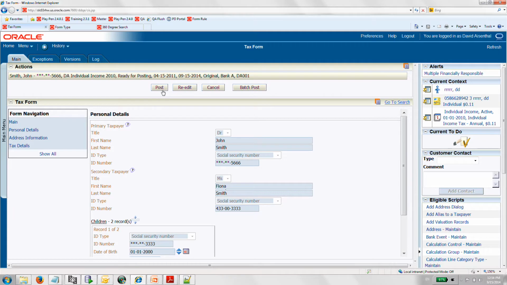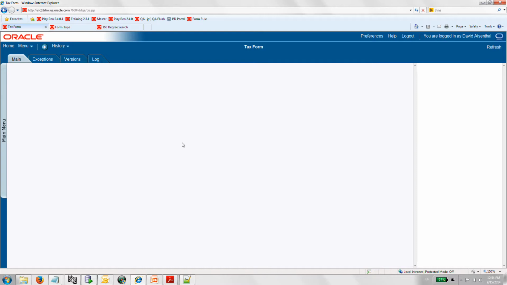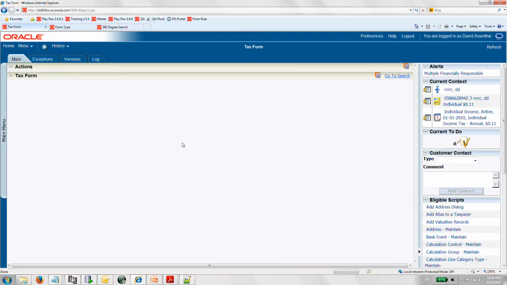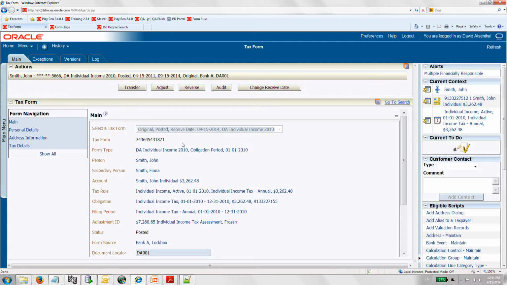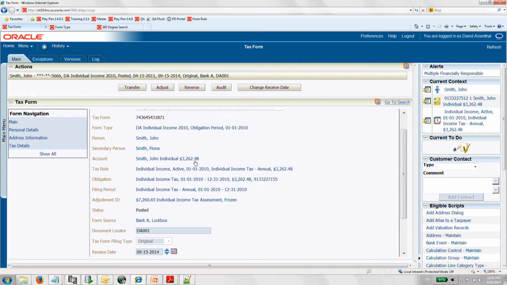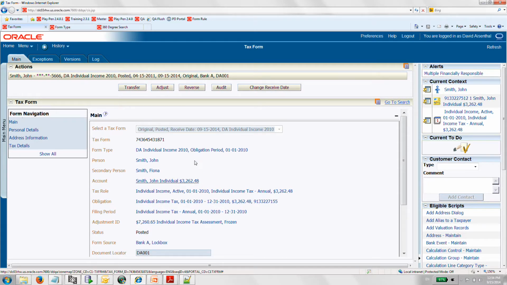And now let's see what happens when I post the form. So when I post the form, I'm trying to now create the different entities: the person, the account, tax roll, obligation, and assessments. Everything should now be created, all through form rules. So let's have a look at what we've created. And in the main section here, we see the different objects created. First of all, we see that a person, John Smith, has been created, and a secondary person, Fiona Smith, which makes sense. If I go in and click on John Smith,